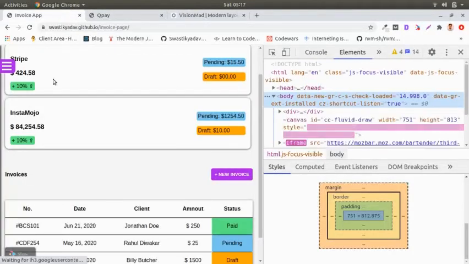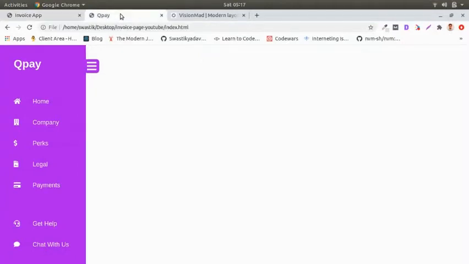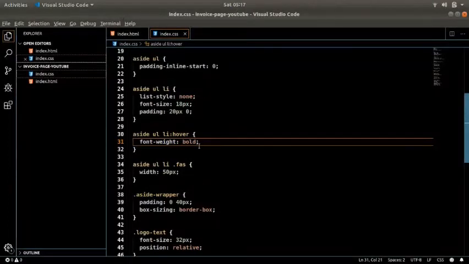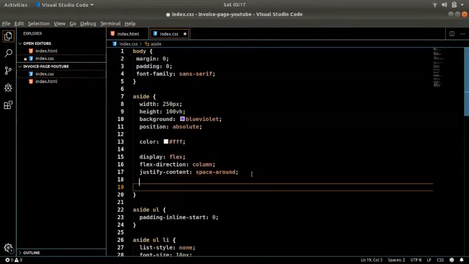Now the last thing left for this sidebar is this box shadow effect. This small shadow on this sidebar actually makes it look like it's above the page, and here it looks like it's just lying there. It's on the same z axis, but it's not. So let's just add that box shadow on the sidebar right here.